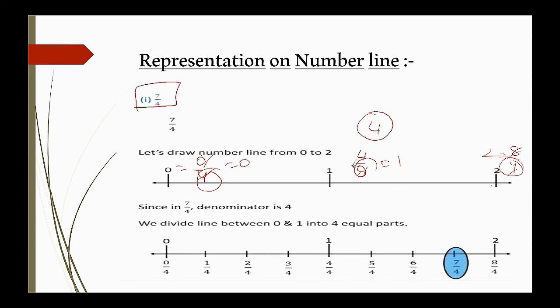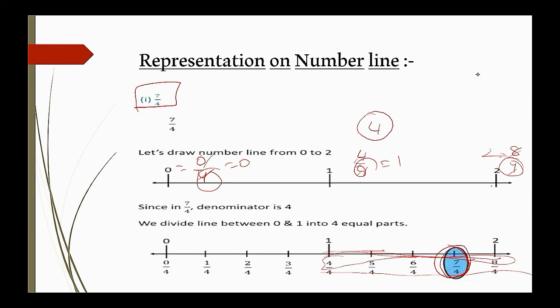Because when the denominators are the same, we can check the numerators. So after 4, 5, 6, 7, 8. So see here, 4 by 4, after that 5 by 4, 6 by 4, 7 by 4, 8 by 4. We leave the denominators, because once we make them equal, we compare the numerators. So we got 7 by 4 here. So we have to find the answer.